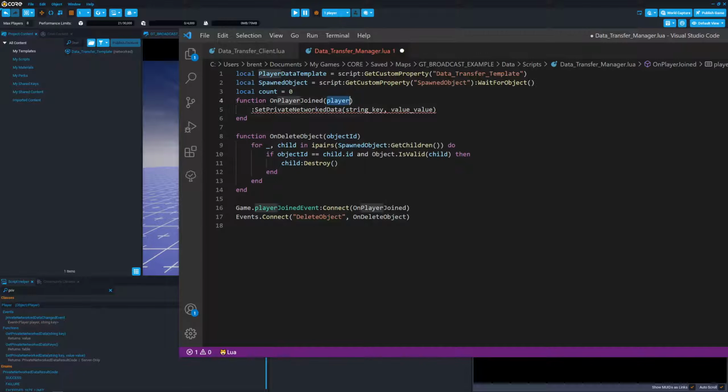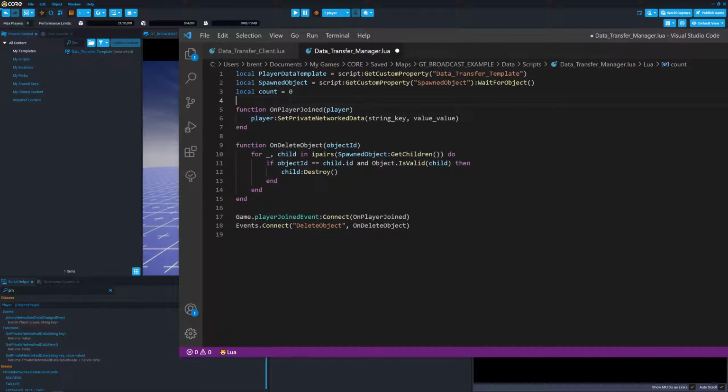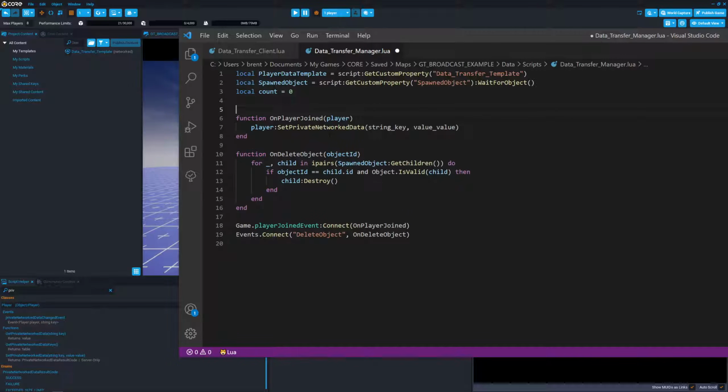There is a new function that is set up very similar to a resource, which several creators, probably most creators, have used, probably more so even than the network custom properties. It's set up where you take the player and then you just pass in a string value or a string key. So for example, if I just named it data,